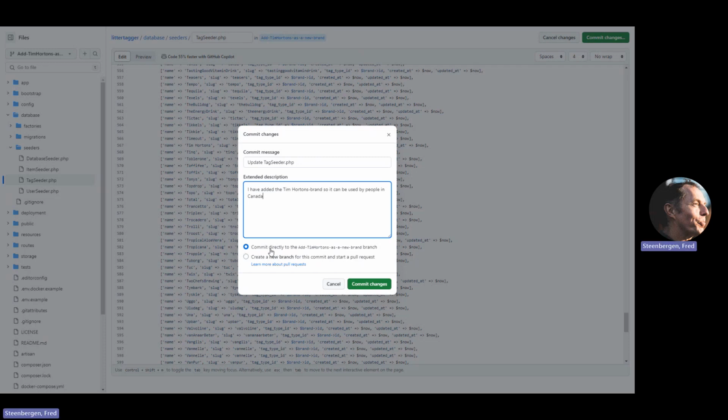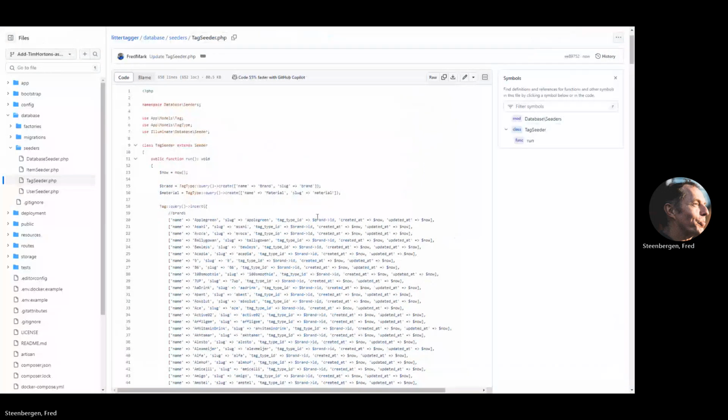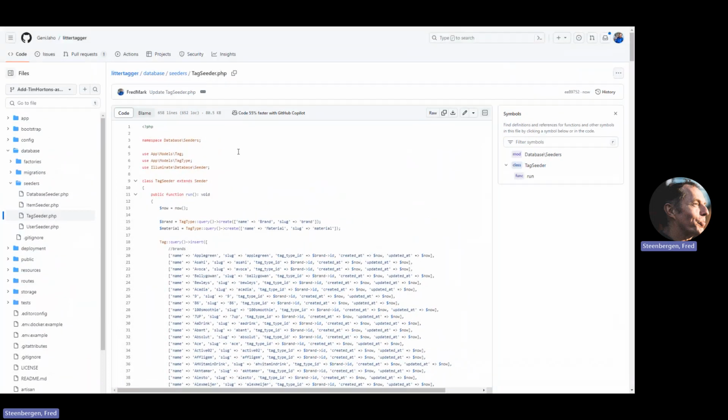Well, just leave this like this. I'm really doing it at that branch, and I can press commit changes. So now I have saved my stuff, and now it should be possible to create a pull request. And then again, I have to look where that one is. Pull requests